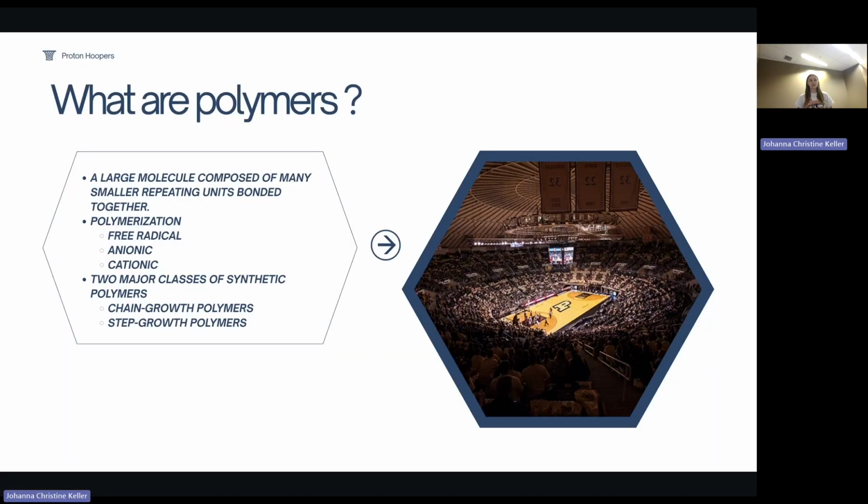First, we'll get into their history. Polymers are large molecules composed of much smaller repeating units called monomers, bonded together. There are three different types of polymerization: free radical. Free radical polymerization includes an initiation step to form a radical, propagation to add the monomers together, and a termination